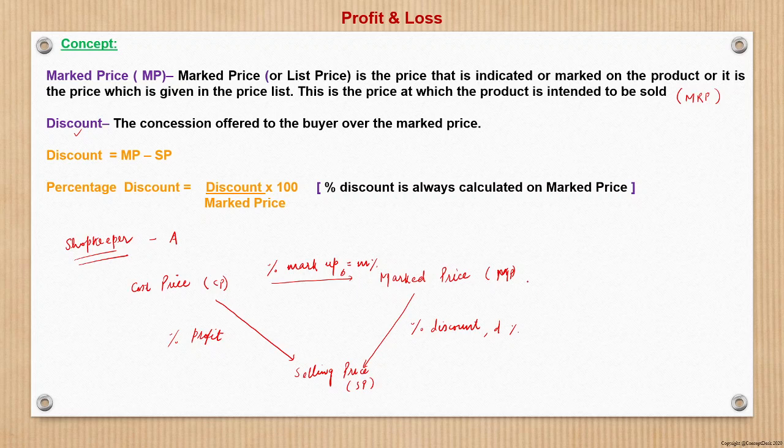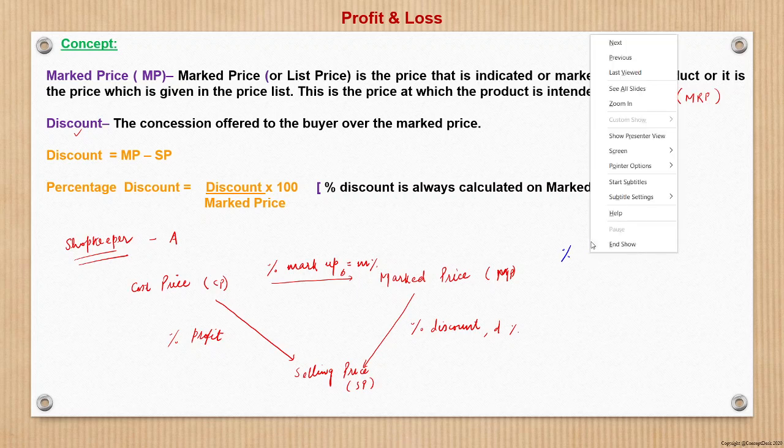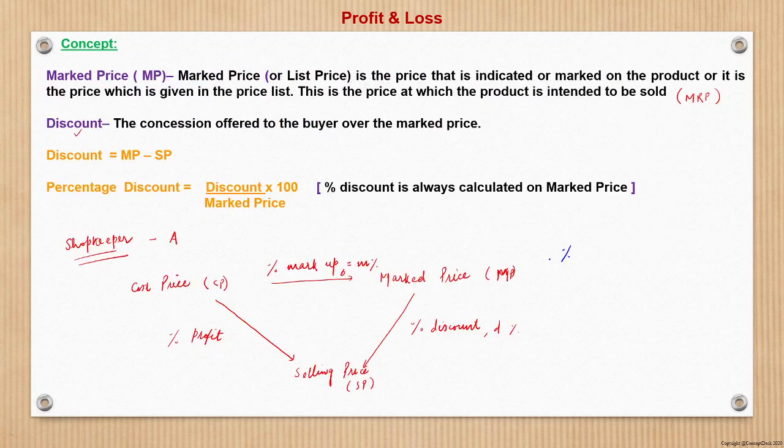So from here a few terms I'd like to mention: markup, percentage markup. Percentage markup is the marked price minus the cost price upon the cost price, right? So percentage markup is given over the cost price to arrive at a new price, which is the marked price, and this multiplied by 100 will give the percentage term. So this we have seen.